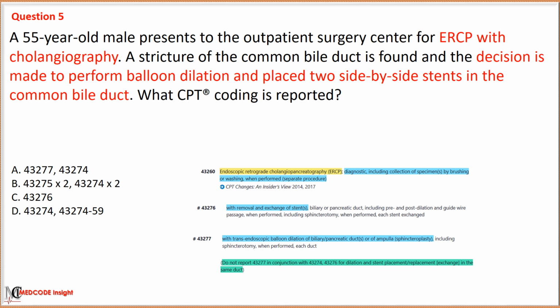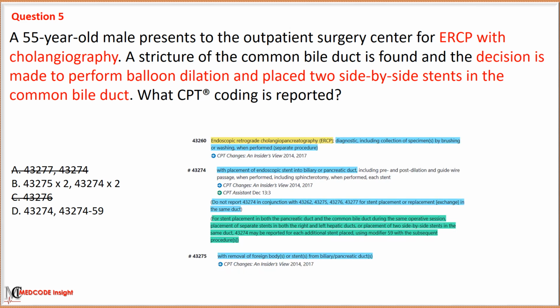Since the scenario involved the placement of initial stents, we also eliminate option C with code 43276, used for removal and exchange of a single duct stent.